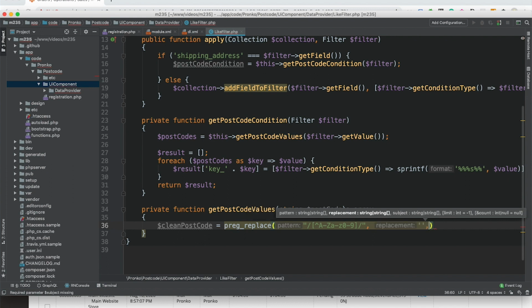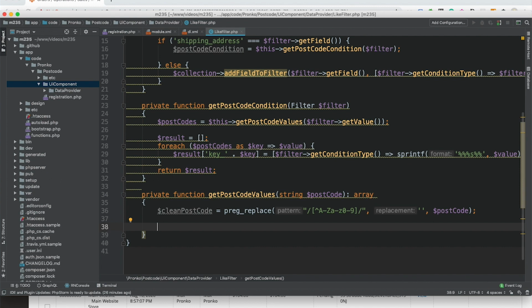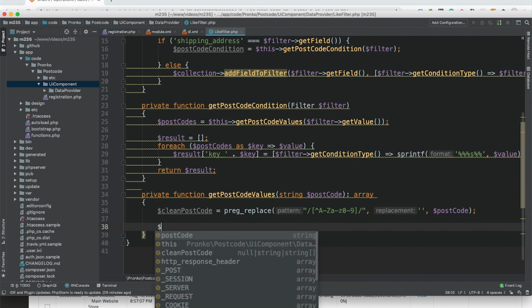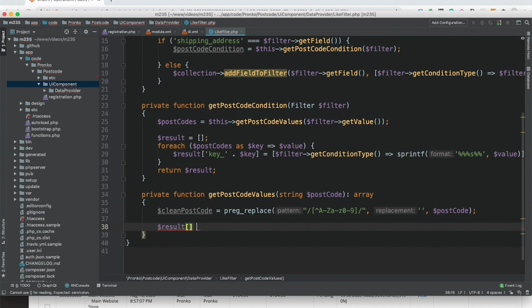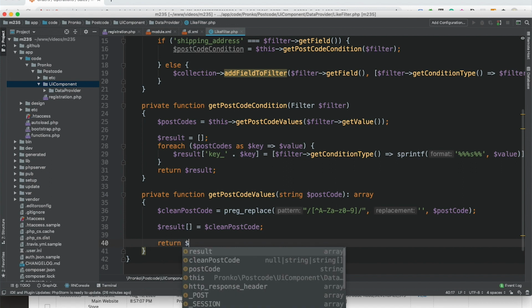And basically we will remove everything except capital A to Z, lowercase a to z, and 0 to 9 digits, and all other stuff is going to be replaced with empty string. And in this way we can remove space in case we will provide space. So this is a clean version of a postcode, and we are going to assign it as a result.